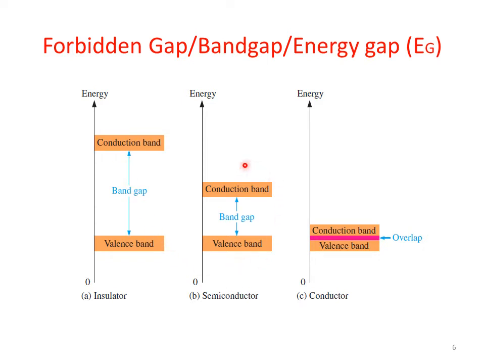Now we see the semiconductor, where we can clearly see that the valence band and conduction band are not too far and not too close to each other. Just some small amount of energy can be provided to move the electrons from the valence band to the conduction band, and this material can start conduction easily. So this is our preferred material. We will be studying its detail in the upcoming slides and lectures.